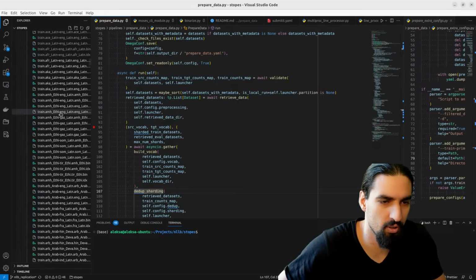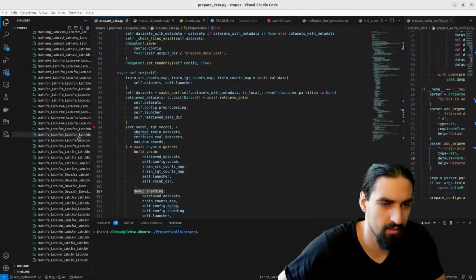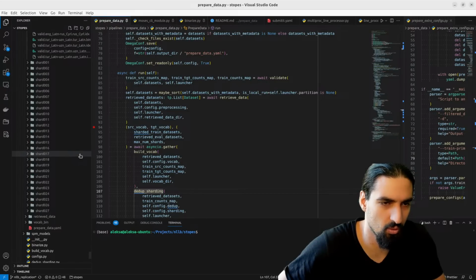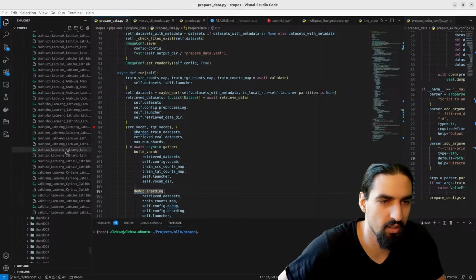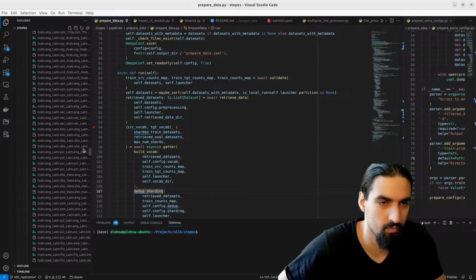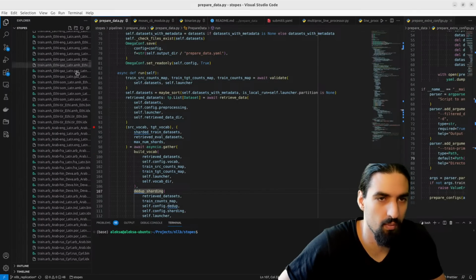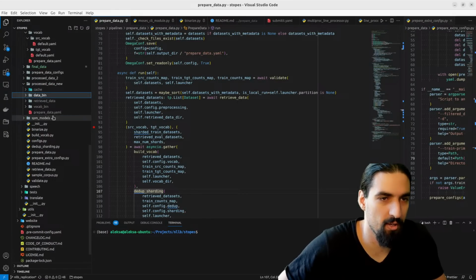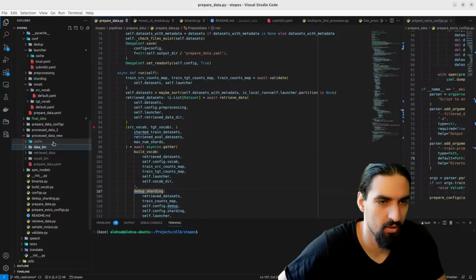Under here we should have the validation data as well. Let's just confirm that. Oh, that's a long list. Here's the validation data. Okay. So that's what we want to, let's copy the path to this one.